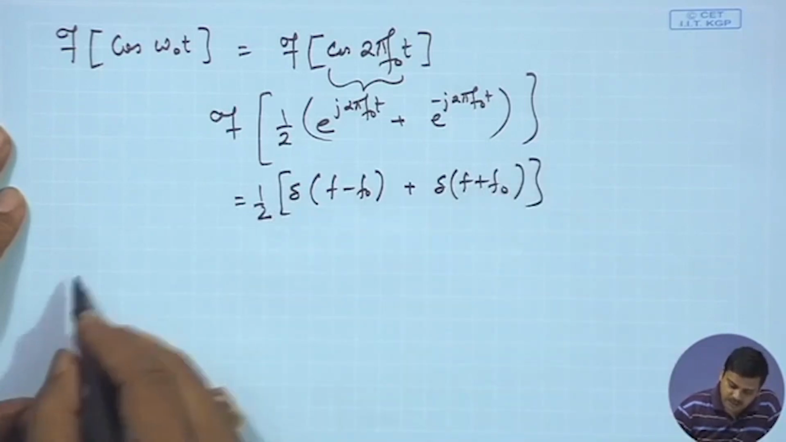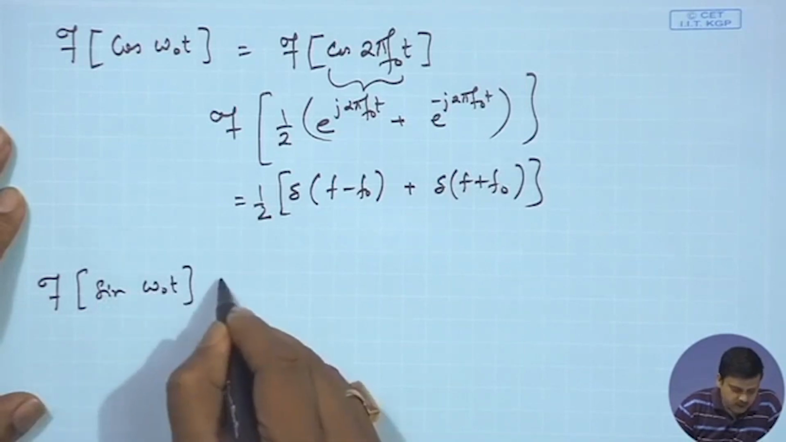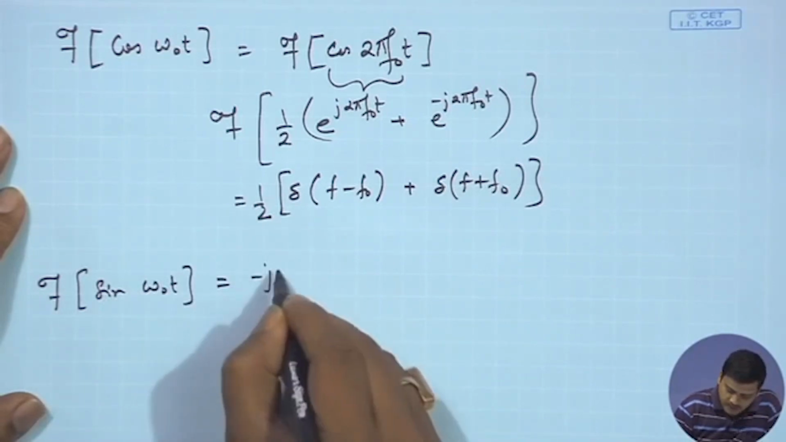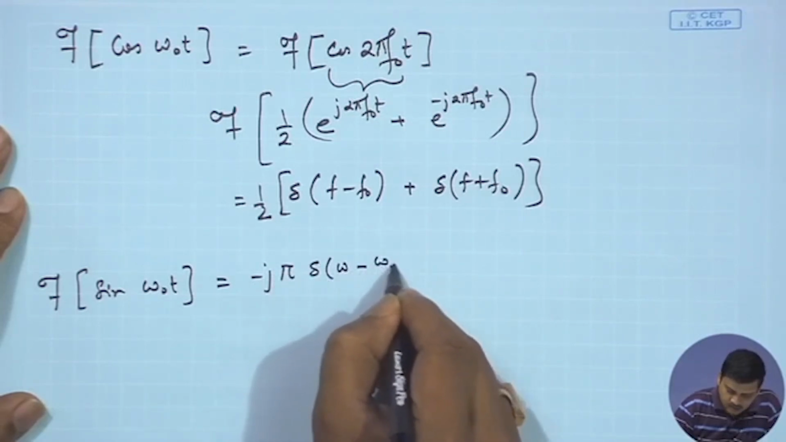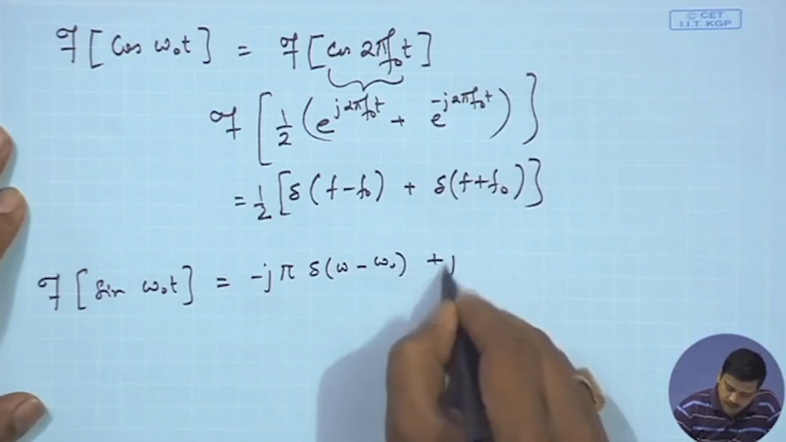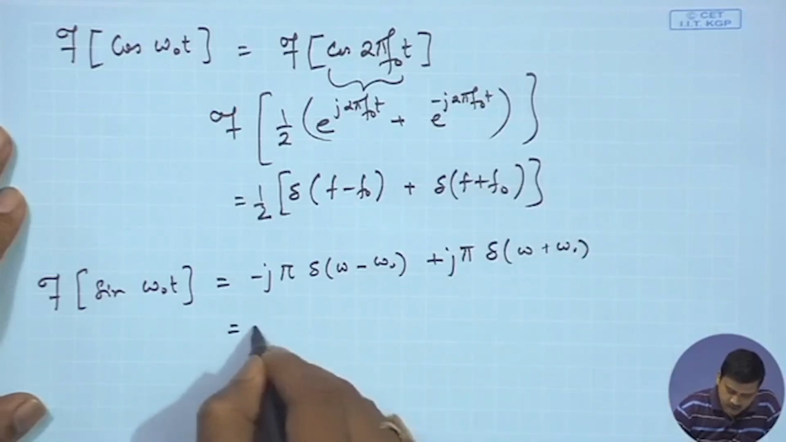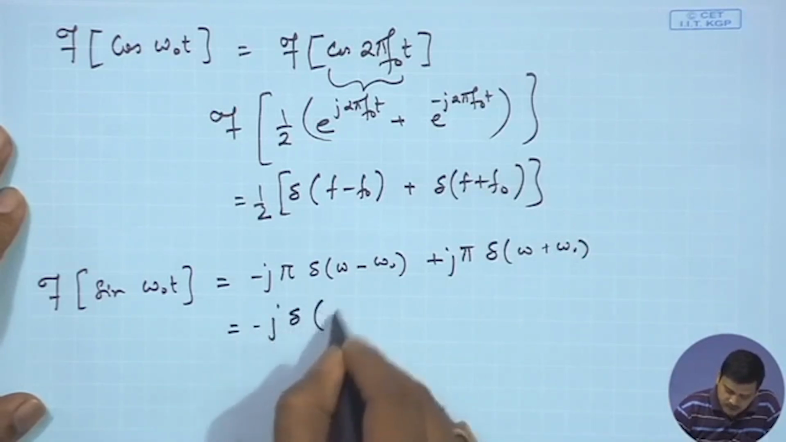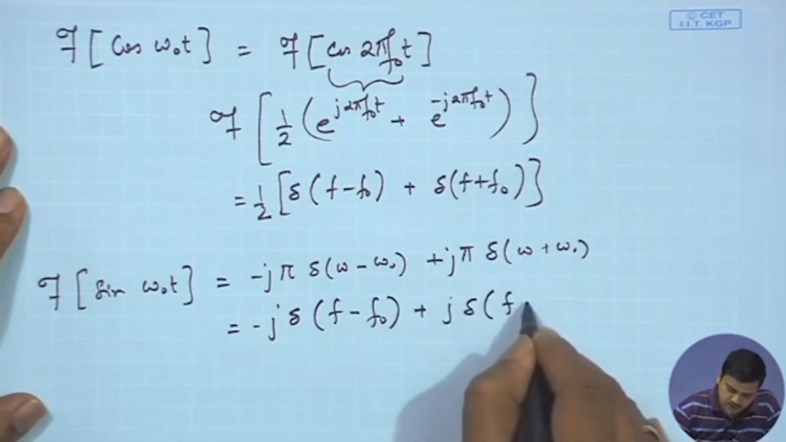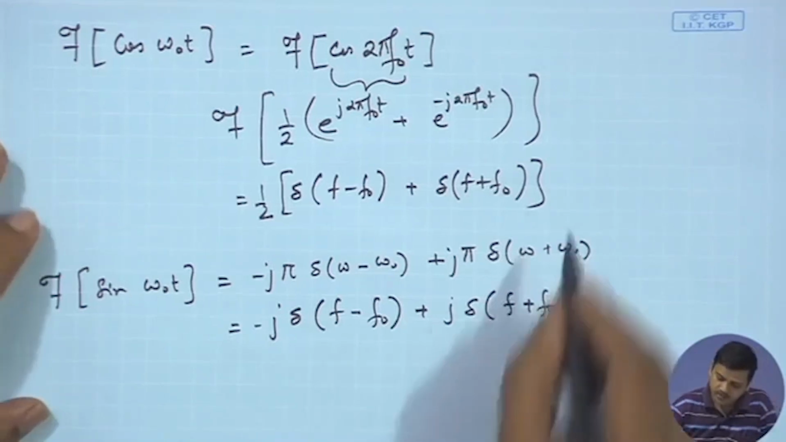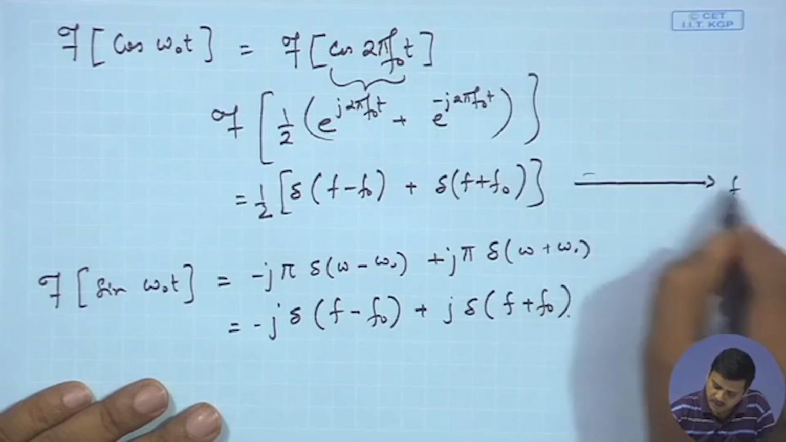So, this is the result, and if we are talking about the Fourier transform of sin omega naught t, we will get minus j pi delta(omega minus omega naught) plus j pi delta(omega plus omega naught), or it can also be stated as j delta(f minus f naught) plus j delta(f plus f naught), and this can be represented diagrammatically in the f axis as